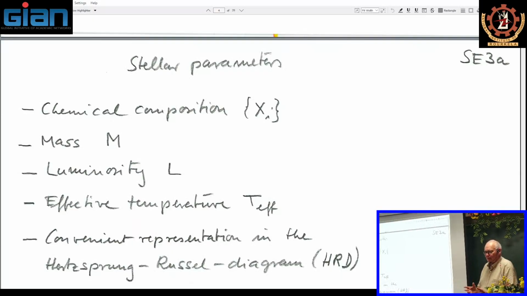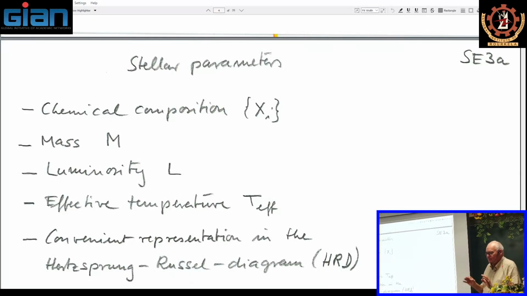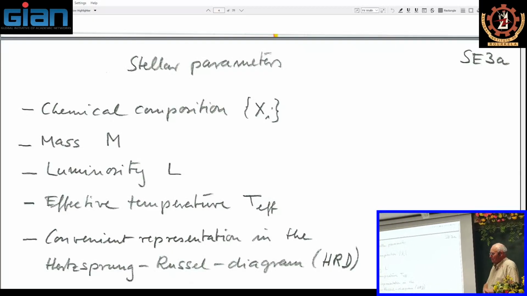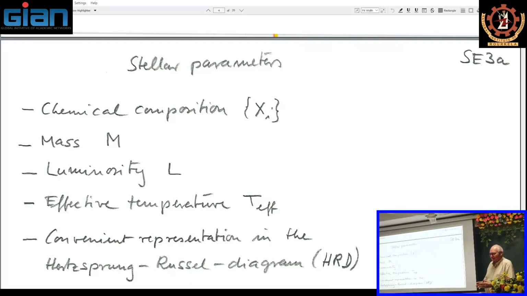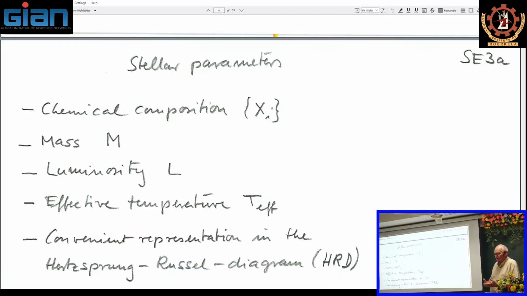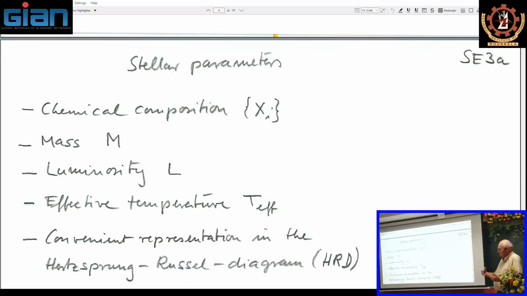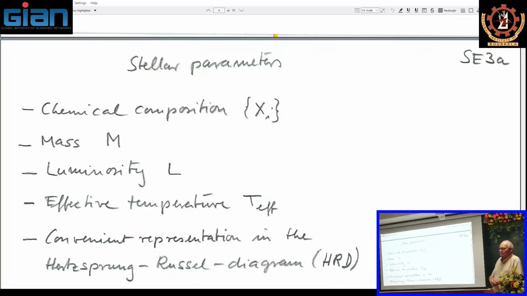If a star is considered to first or zeroth approximation as a black body, then the flux, meaning the energy per area and second emitted from the star, will be